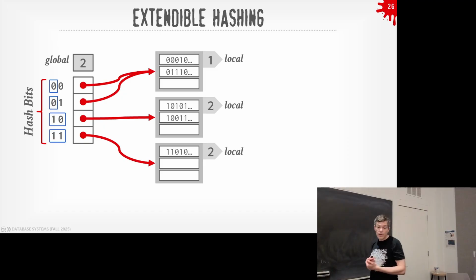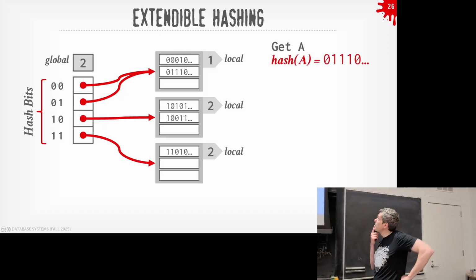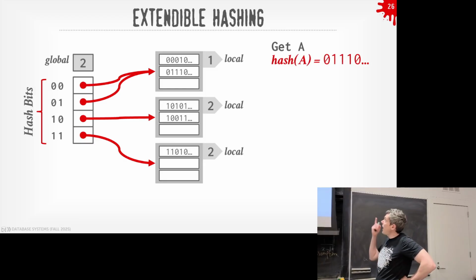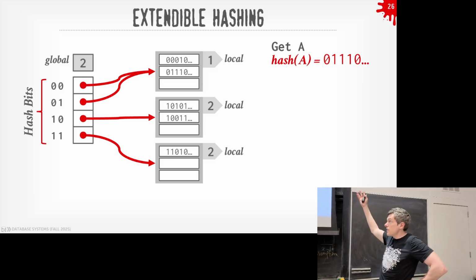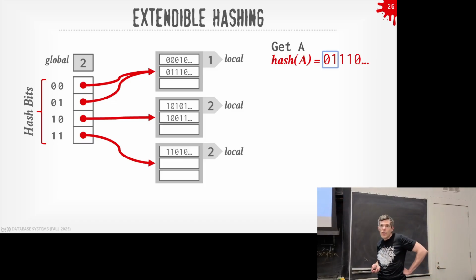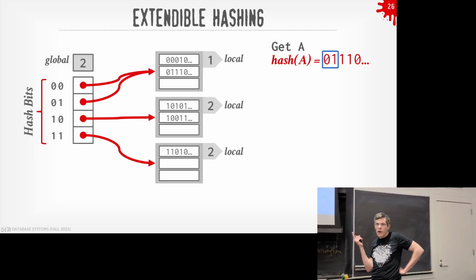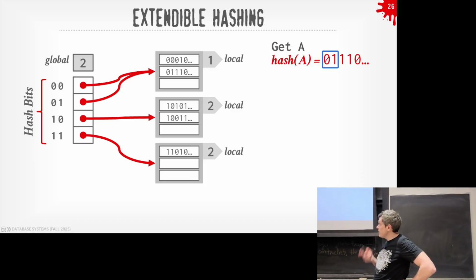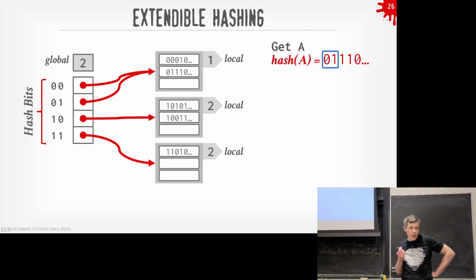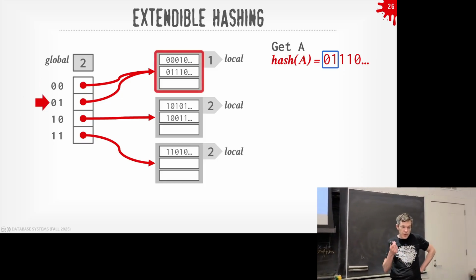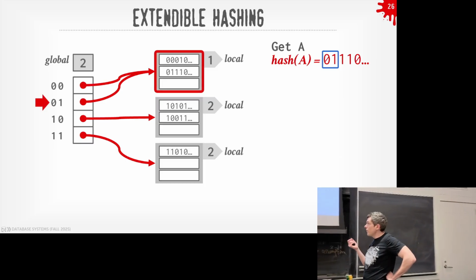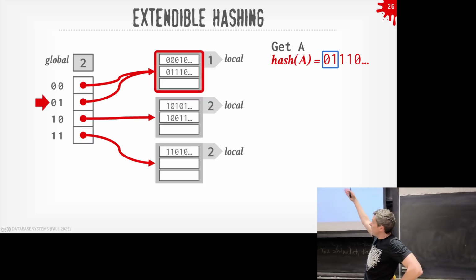Okay? So let's first do a lookup on A, right? The first thing I do is I hash A. I get back now a 64-bit integer, made it for 64 bits, but I look at my global counter, my bit counter, and it's set to 2. So I know I only need to look at 2 bits to find in my hash table the bucket I want to have this potential key, right? So the first 2 bits are 0, 1. So I look in my bucket array for 0, 1, follow whatever that pointer is, and I land in that bucket that I want,